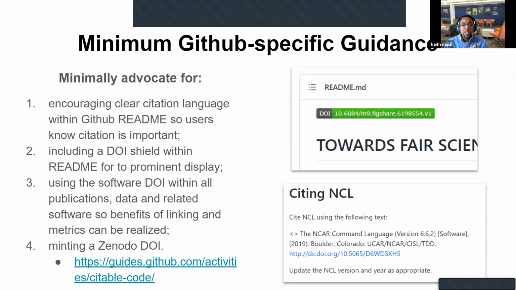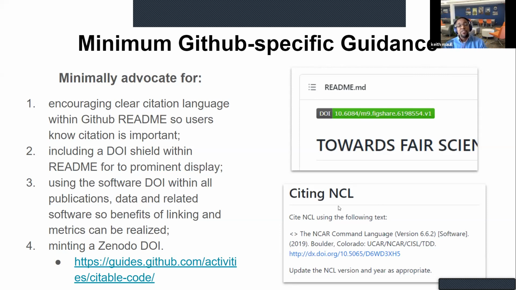Okay, and so there's an example on the right hand side here where we've included this DOI shield directly in the markdown, and we have included some language about how we would like the software to be cited. All right.